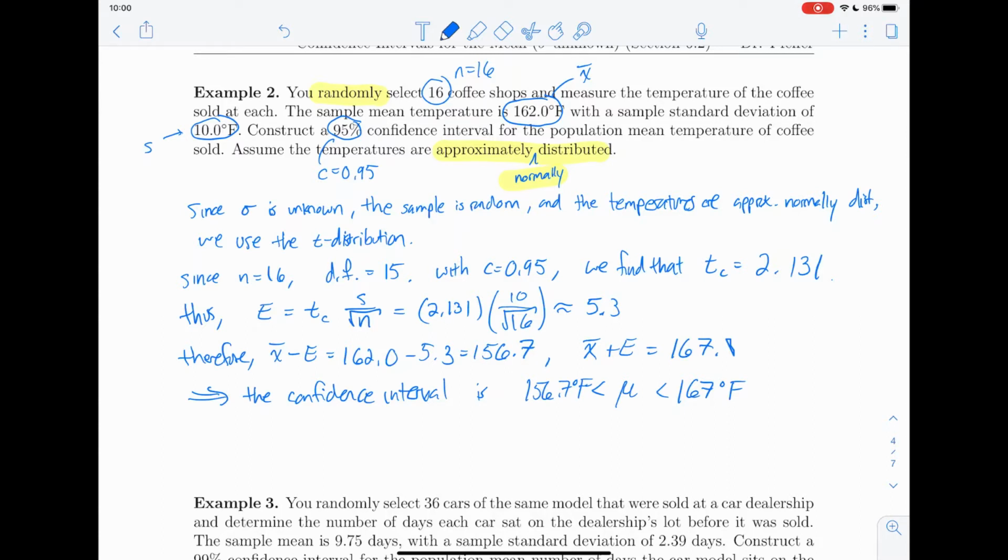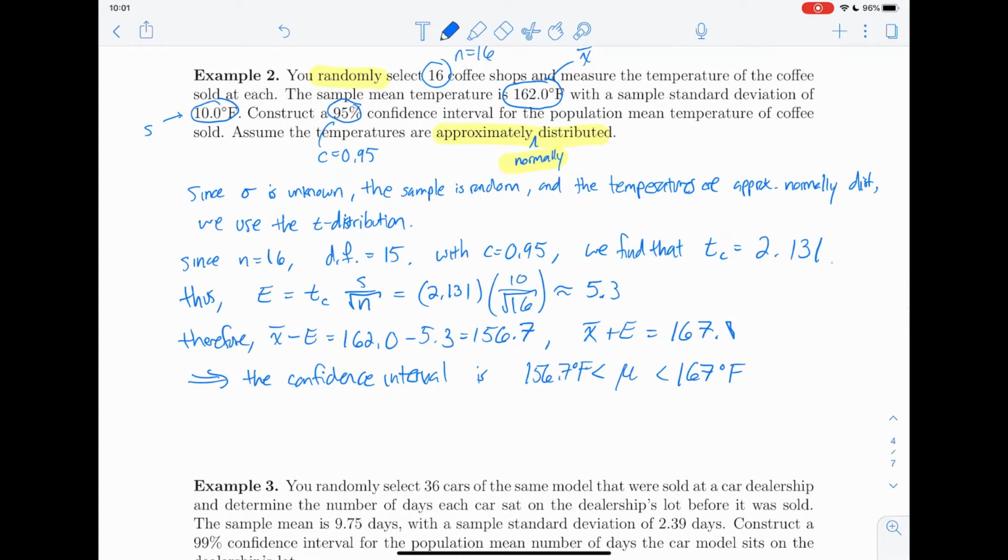Now, it is going to be important after we do all this math that we apply the appropriate interpretation of what this confidence interval means. And just as we noted in section 6.1, it is important that you use the right vocabulary when you write out your interpretation. The appropriate interpretation for this type of conclusion is the following. All this math means at the end of the day that with 95% confidence, the population mean